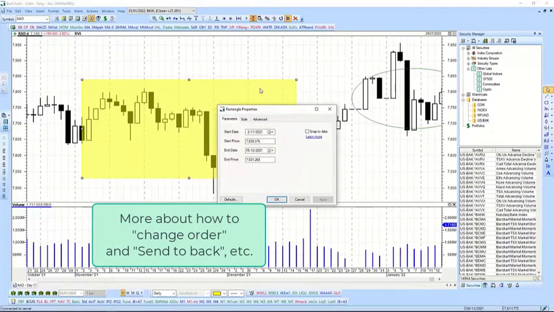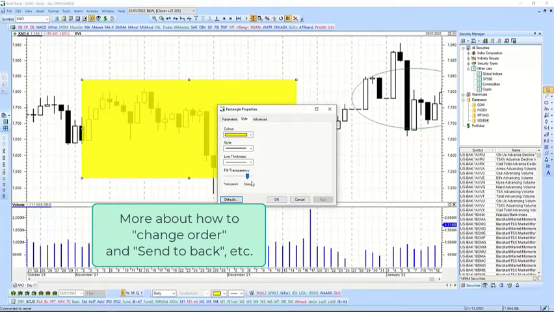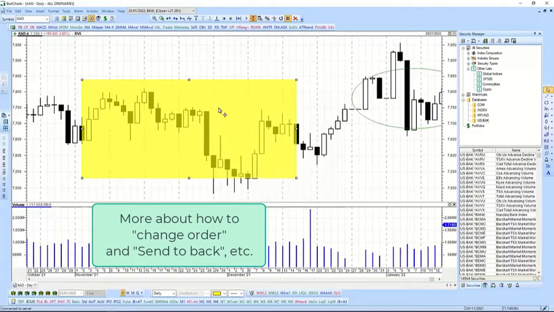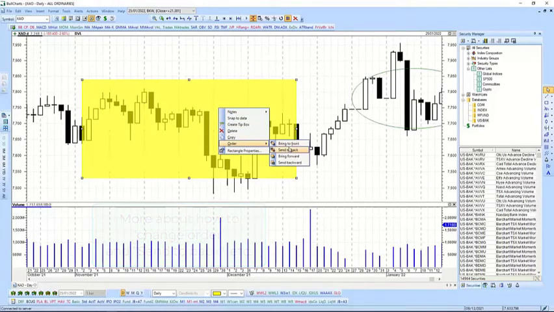So you can see now that the candles seem to be partially hidden. Now if I increase or reduce the transparency, make it more opaque rather than transparent, you'll see those candles disappear into the back. So there's a feature that you can apply in BullCharts. You can change the transparency, the opaqueness of an object like that, and send it front to back or back to front. Order, send to back.